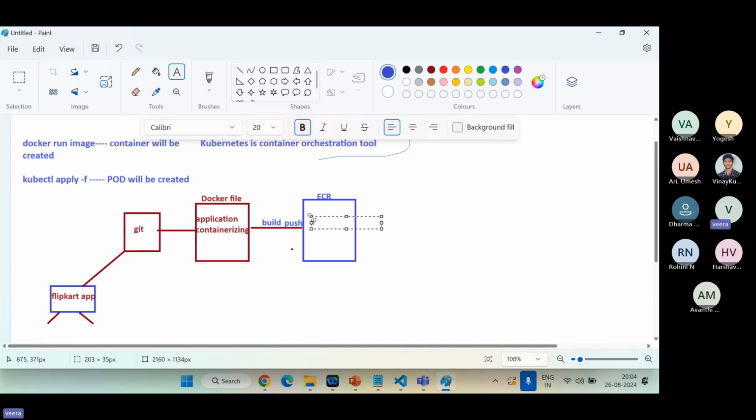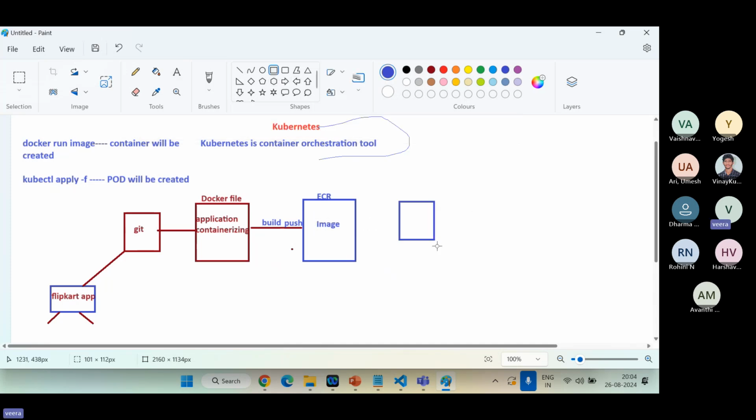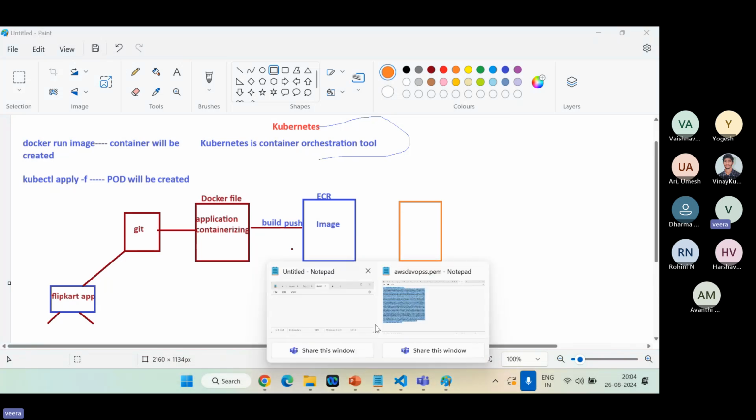So the image will be created here. If you run this image, a container will be created. But how to orchestrate this container? We have Docker Swarm. So if I go for the Docker Swarm process here,